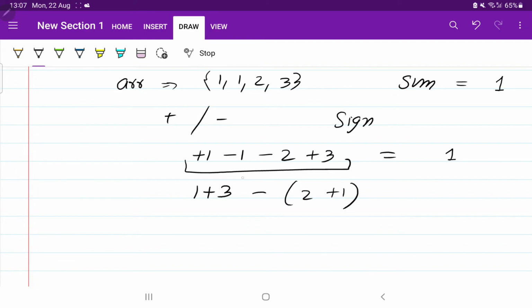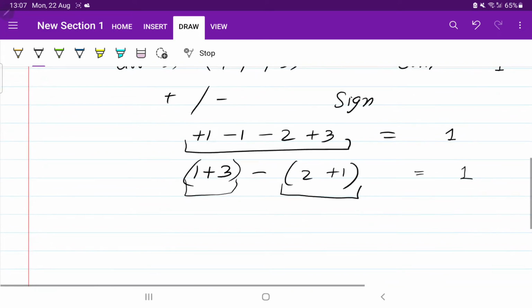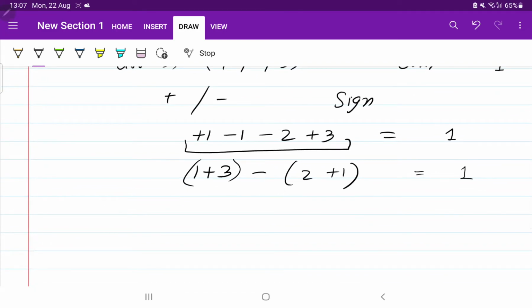I have taken all the negatives to one side and all the positives to one side, and then we have got output as 1, because 1 plus 3 is 4, 4 minus 3 will be again 1. Correct? This is the first observation: if we write all the plus to one side and all the minus to the other side, we are getting the solution.